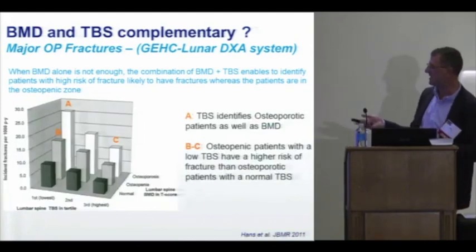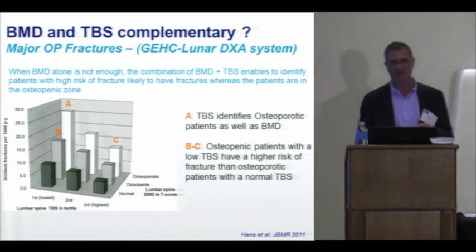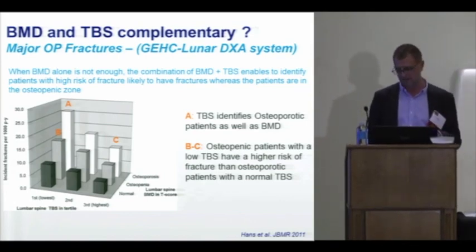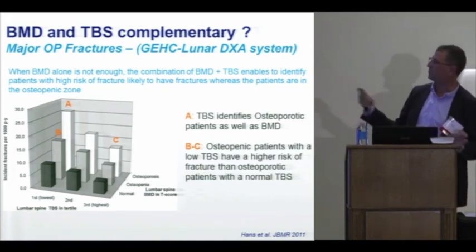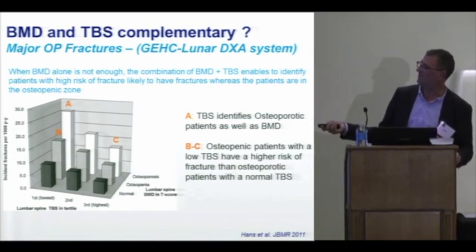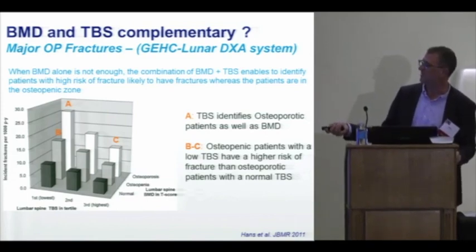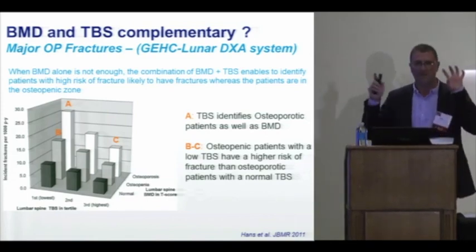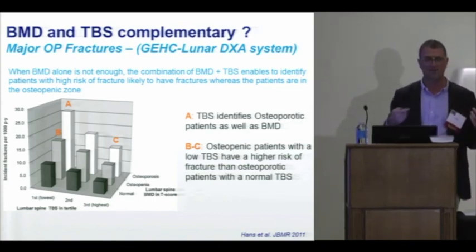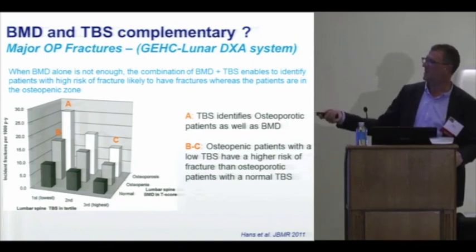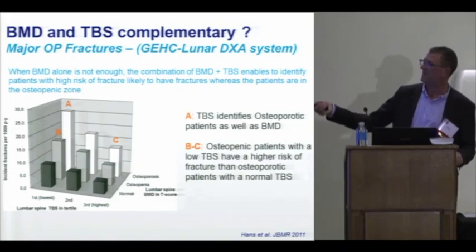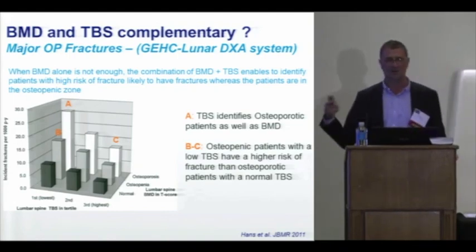You have seen the first study that was published in JBMR by a group, completely blind from analysis with Bill Leslie. Out of 29,000 patients, what was really interesting is that you have, of course, a gradient of risk: when you increase the severity of bone degradation, or decrease the microarchitecture quality, and when you have a low BMD osteoporosis and highly degraded TBS, then you have a very high incidence of fracture